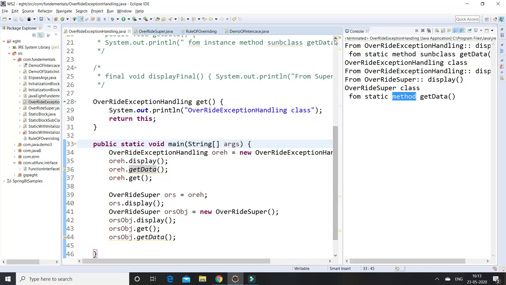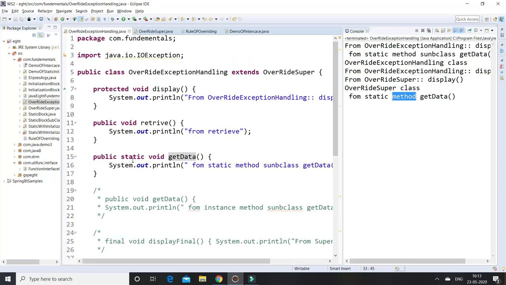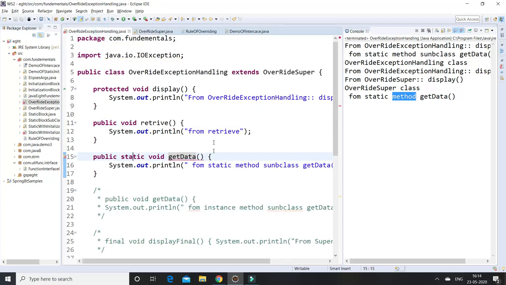Suppose I want to change this: in the overriding method, I am declaring the instance method. I am creating getData here and removing the static. If I declare the same method in the subclass level, it shows some exception, because a static method cannot hide the instance method from the overriding method.